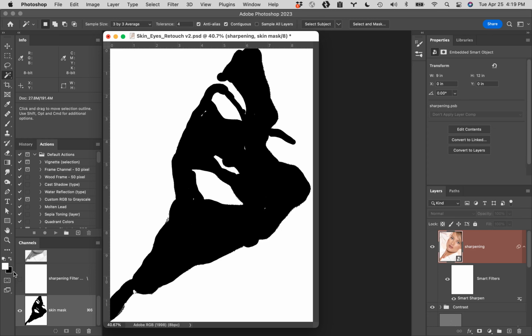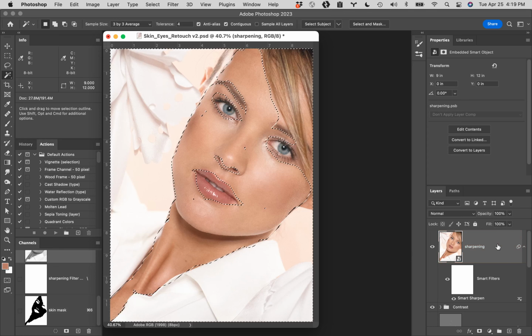Now when I use this mask, it will protect the skin that I've spent all of this time smoothing out that sharpening undoes. Sharpening gets rid of all that smoothing. I want to keep it. So I'm going to use this mask. I'm simply going to hover over the thumbnail of my skin mask, Command click to load it as a selection. Then I'm going to go back over to my sharpening layer and apply it as a layer